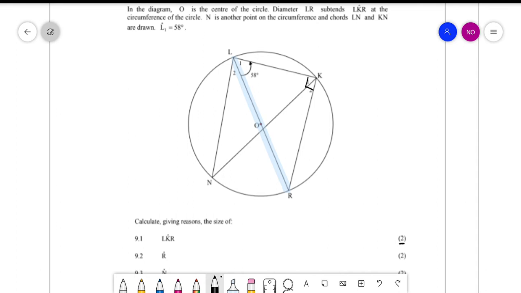Okay, and that's the one that they are looking for. So that will be equal to 90 degrees, and my reason will be